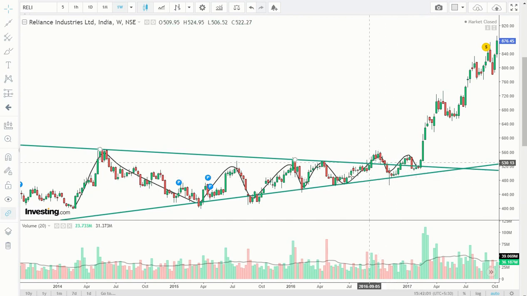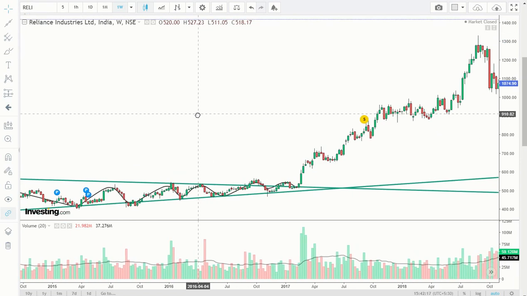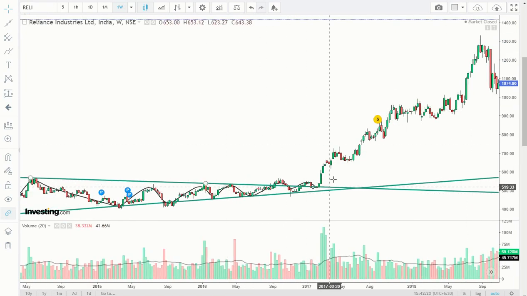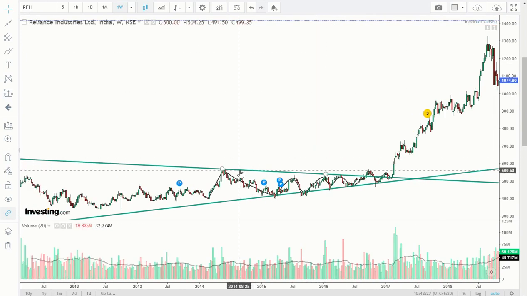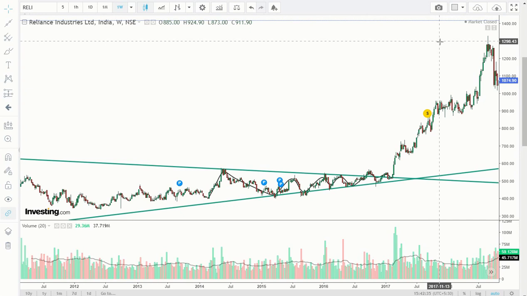So now it broke on the upside, so you bought with your stop loss somewhere here, and prices then again wanted to go up, again came down, again wanted to go up, and then finally gave a blast. And then you see the kind of movement that has come into Reliance. See, prices went up from 500 odd rupees to 1200 odd rupees, right? So from this simple exercise, if you would have bought 20 shares at 500 rupees, invested 10,000 rupees, you would have made 14,000 rupees profit in this whole exercise.